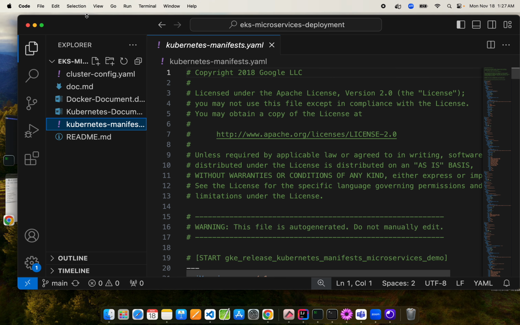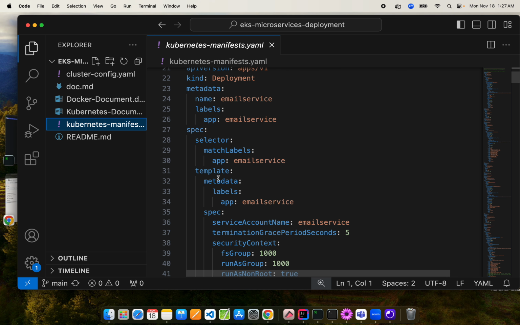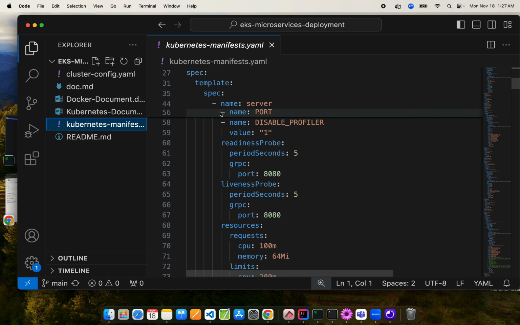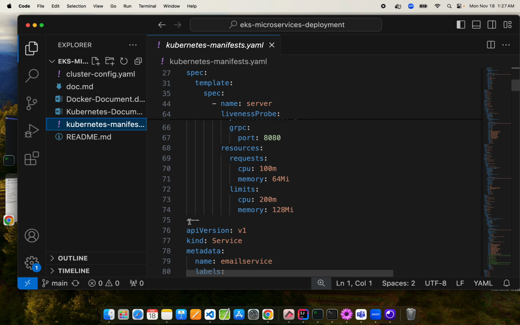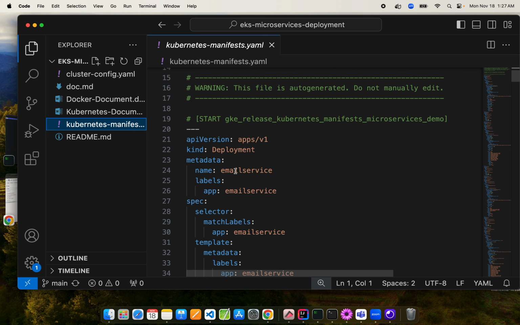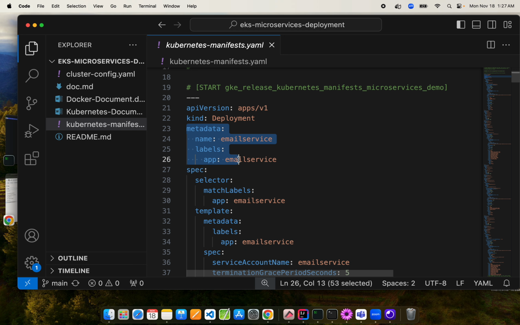Let me expand this a little bit. Now if you see here, there are a lot of Kubernetes objects. This triple dash basically separates one Kubernetes object from the other. This is a deployment kind of Kubernetes object, with the metadata about this